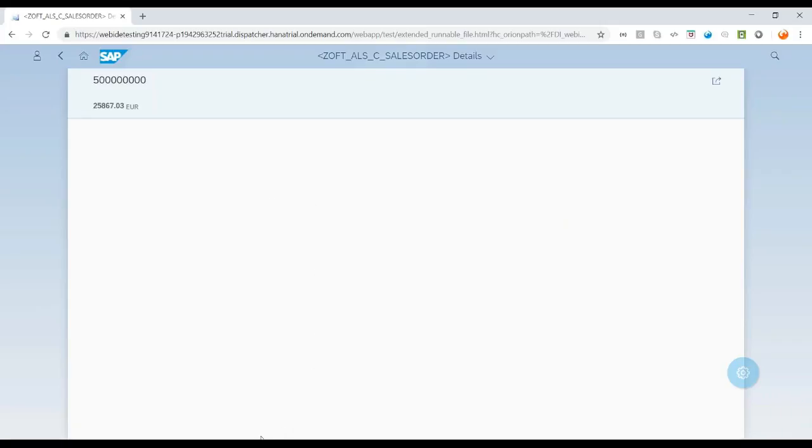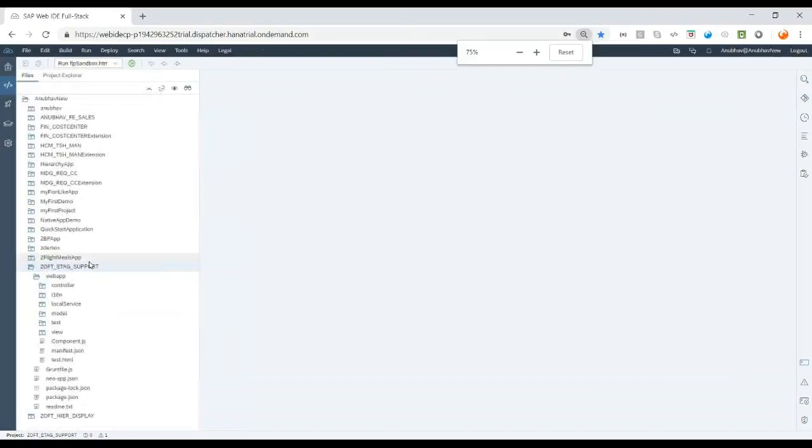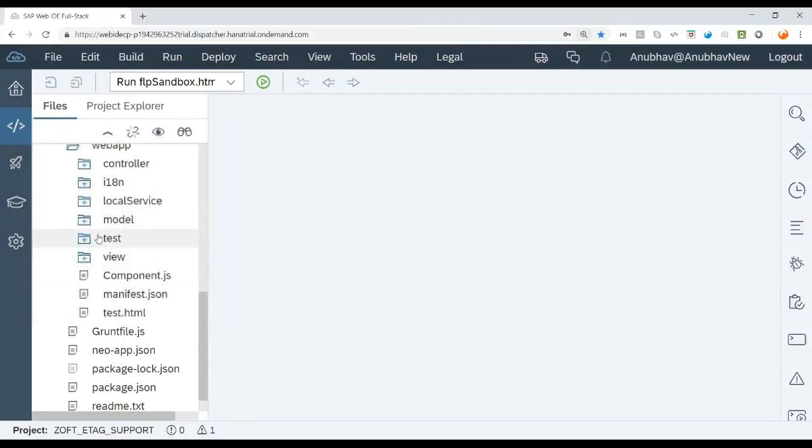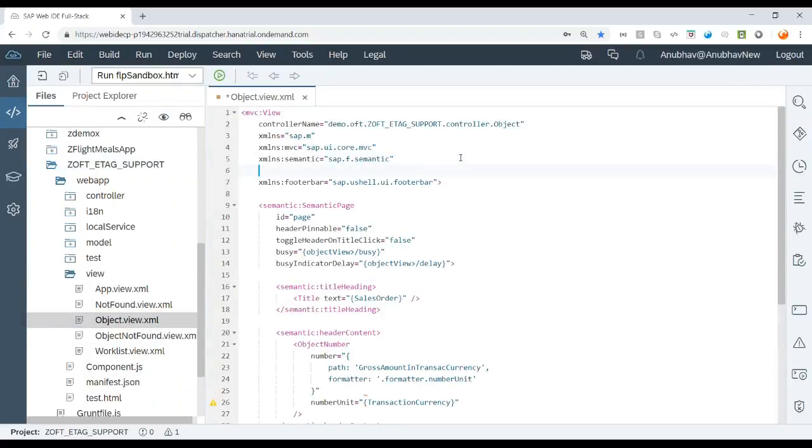right from here itself. So now I'm going to go back to my WebIDE full stack and maximize it a little bit. Let me open the view 2, which is my object view, where I'm going to add a simple form. Let me first add a library dependency. Now once again, this requires good knowledge of XML views, MVC architecture, the modeling concept and the binding concept, which we all learned in the SAP UI5 training. So if you have not taken my UI5 training, this is going to be a little difficult for you, or if you're already comfortable with UI5, then it's going to be simple for you. So let me add the library dependency,